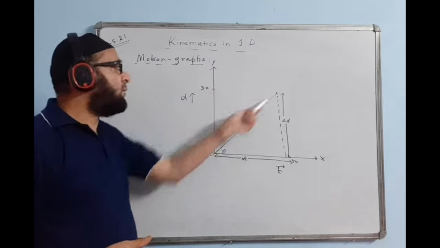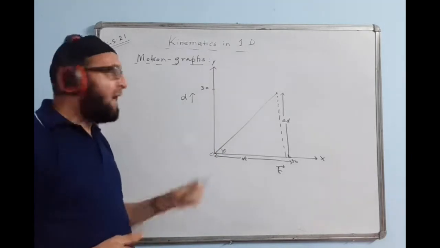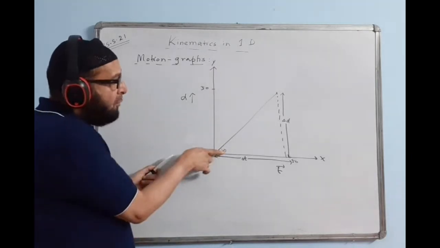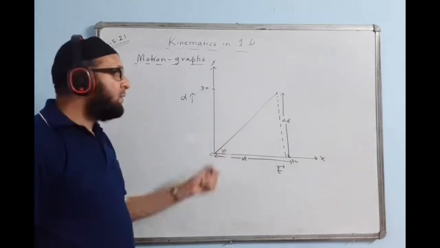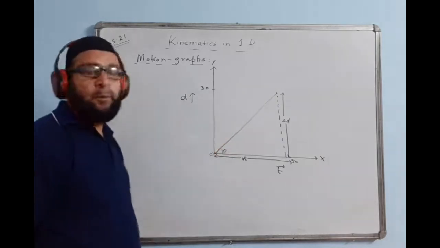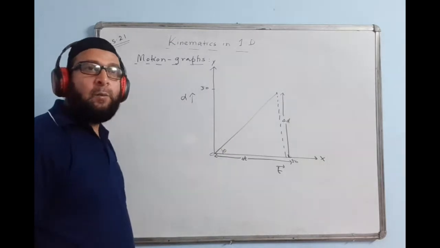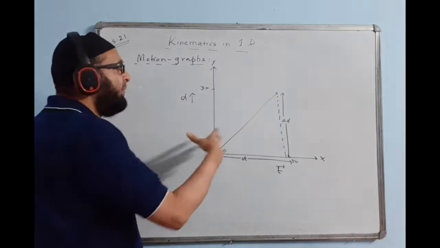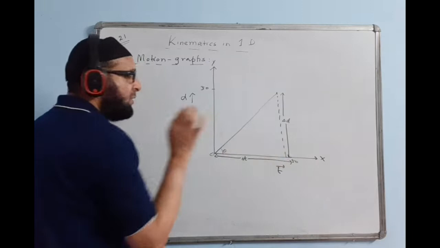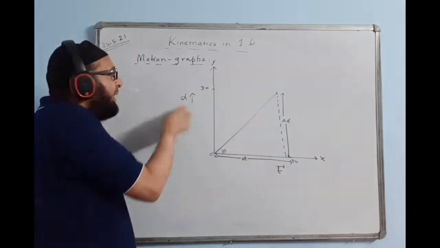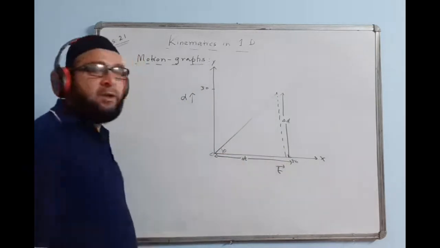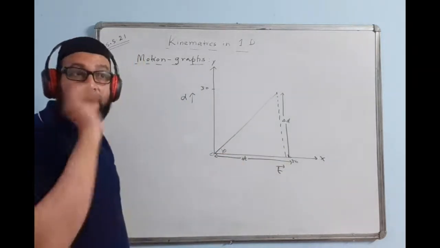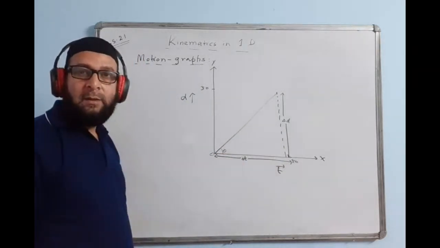So this will give the value of the slope. This line has this angle positive, an acute angle, so this is a positive slope. So this line will have a positive slope. And the slope, I told you how we can find it: the change in the value of the y-axis divided by the change in the value of the x-axis, using the formula tan theta equals P by B, perpendicular upon the base.